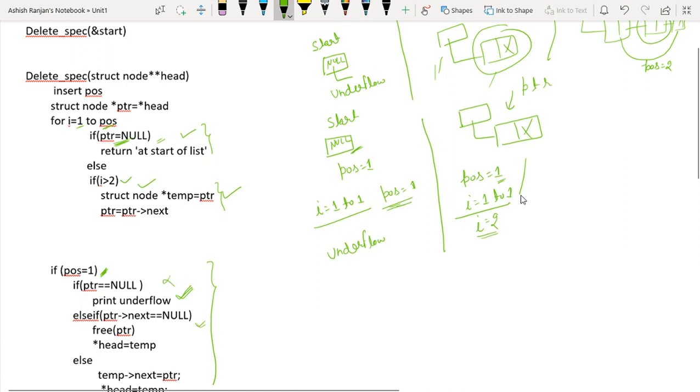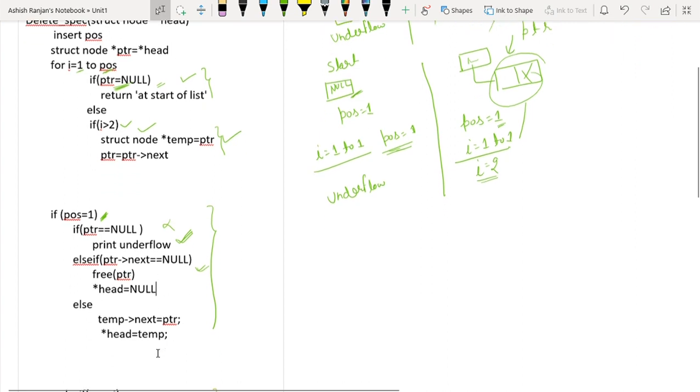PTR's next is null. In that case, what we will do? In that case, we will make this free. So we have freed PTR and we have made this content null. Sorry, here not temp, null, because you are trying to delete the first node.